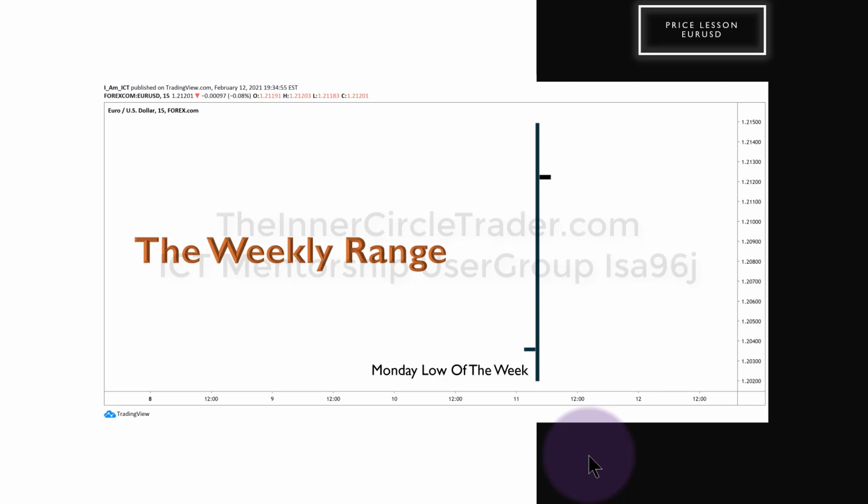That's usually in London Open. Not all the time, but 70% of the time, when it's going to be a bullish week, that's usually what takes place. If it starts and creates a low on Monday and rallies up, and the London Open on Tuesday doesn't trade lower than Monday's low, then you have to obviously consider the fact that the low of the week was Monday, and therefore anything past London Open on Tuesday, just focus on being a buyer and don't anticipate Monday's low being taken out. There are some things you'll learn to anticipate Monday's low being taken out, but predominantly what I just said is true.